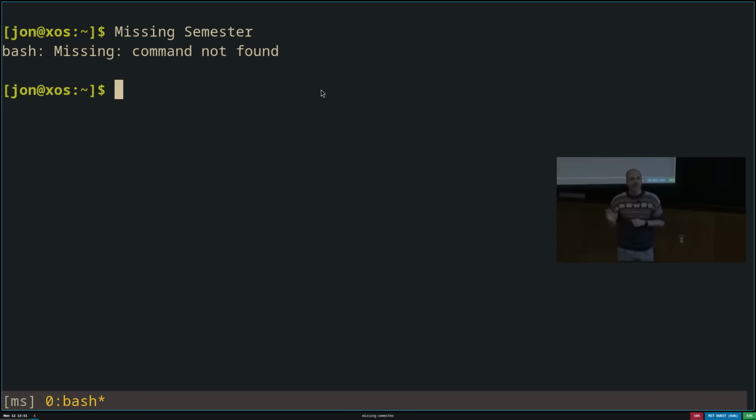The dollar is telling me that I'm not the root user. I'm not the admin user in this shell. Usually you'll just see dollar here and you don't have to worry too much about it. And then it's just friendly waiting for me to run a command.